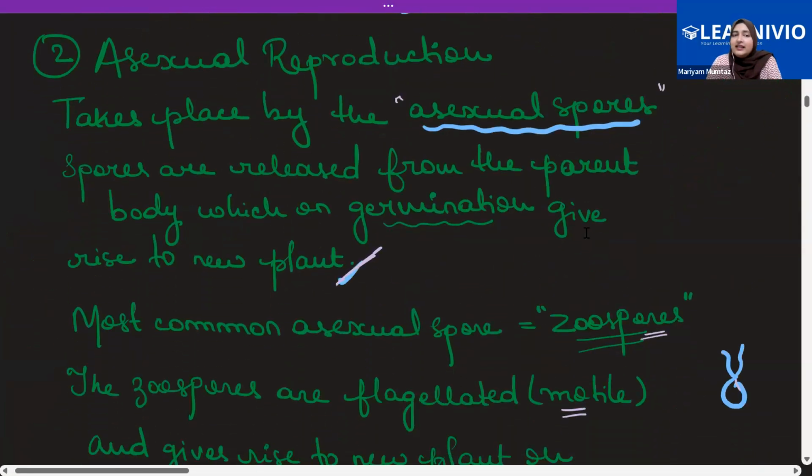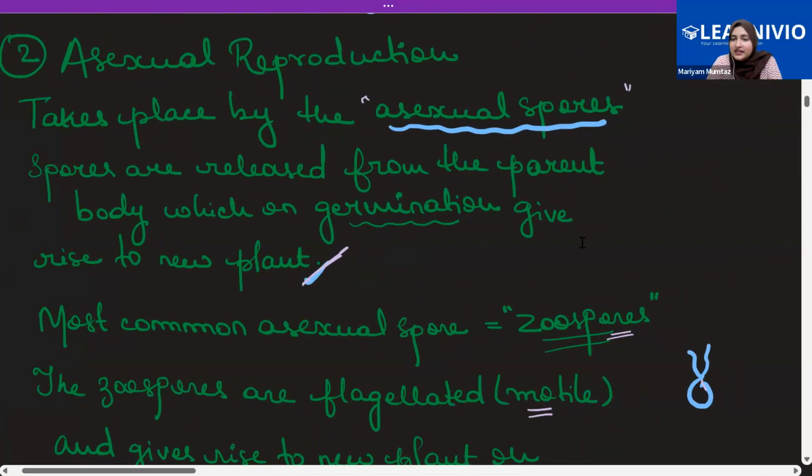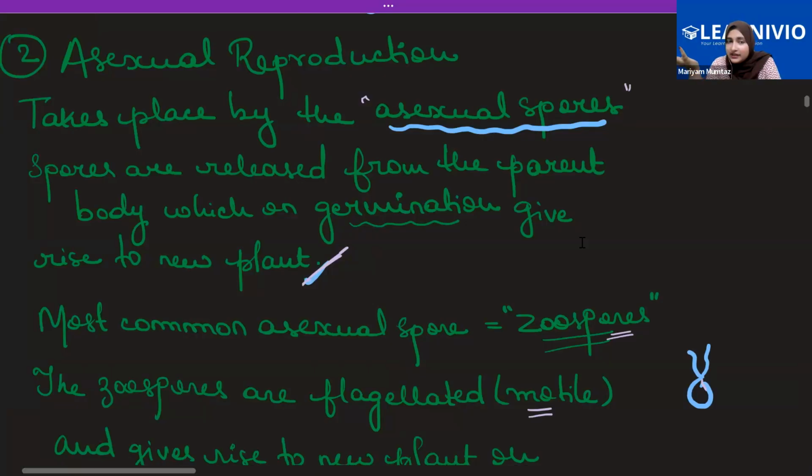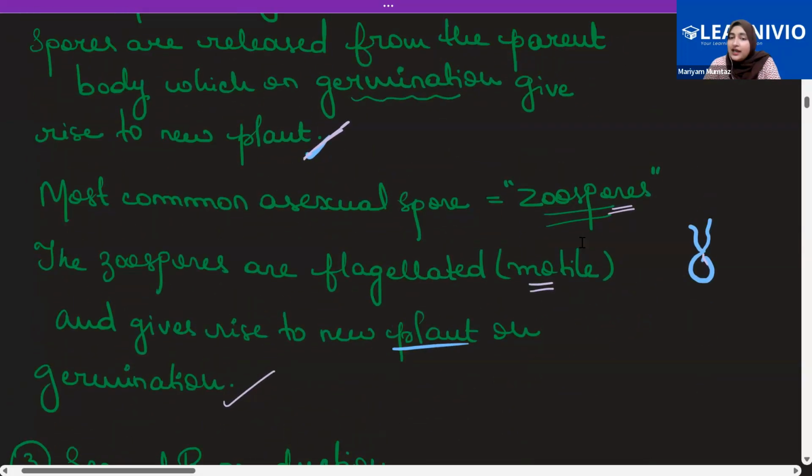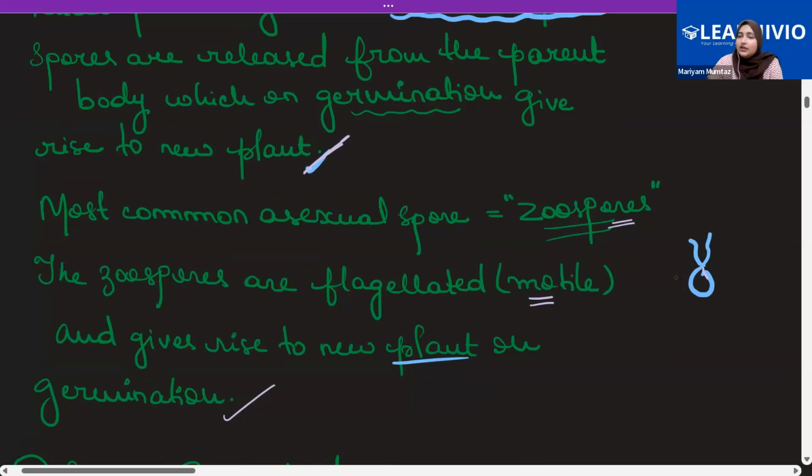Then in the algae, the asexual reproduction takes place by the asexual spores. So whenever these spores are released from one parent and land wherever a suitable area is there, they will germinate and become a new plant. The most common type of asexual spores that are found in the algae are zoospores. And these zoospores are motile spores. Motile means they have a flagella present, right? And it usually looks